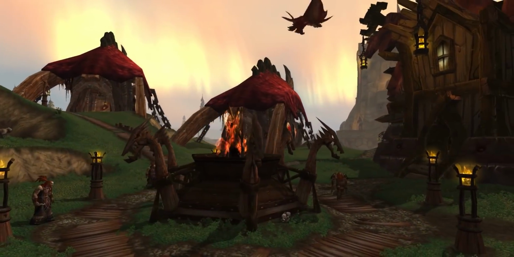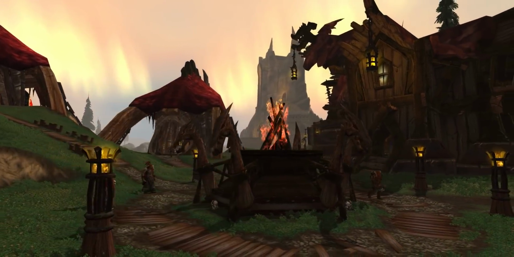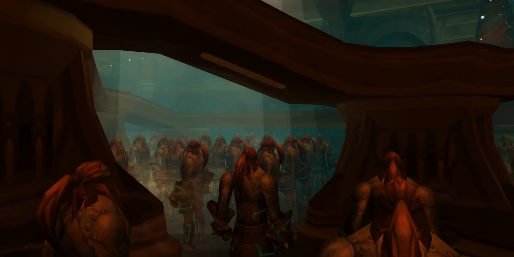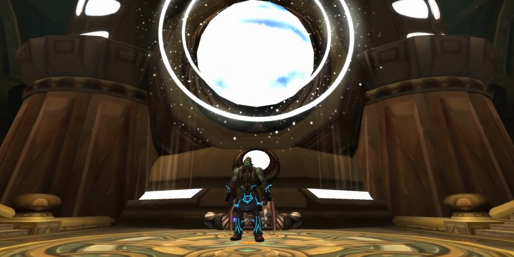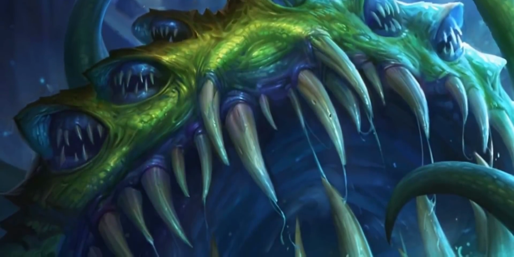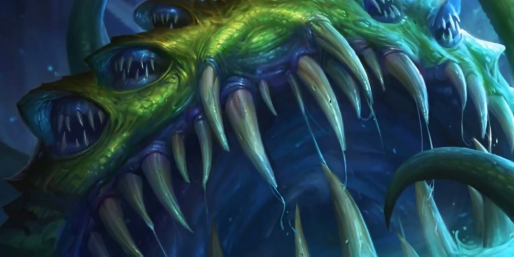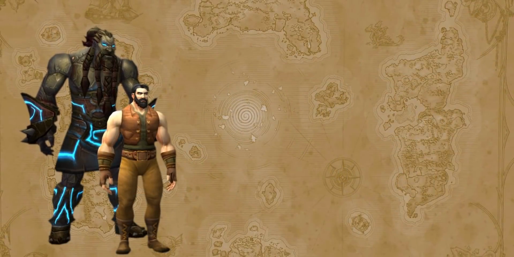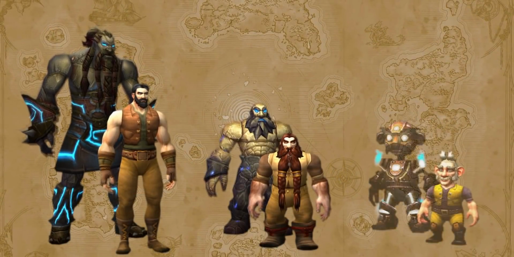What of humans? Well, humans, of course, come from Vrykul. Vrykul come from the Titan Forged. Now, the Titan Forged were just mechanical constructs of the Titans, so death wouldn't apply to them. That is when Yogg-Saron, the self-proclaimed god of death, stepped in with the Curse of Flesh. Yogg-Saron's machinations led to most of Azeroth's dominant races becoming mortals. The Vrykul, who eventually devolved into humans, the Mogu, the dwarves, and the gnomes.